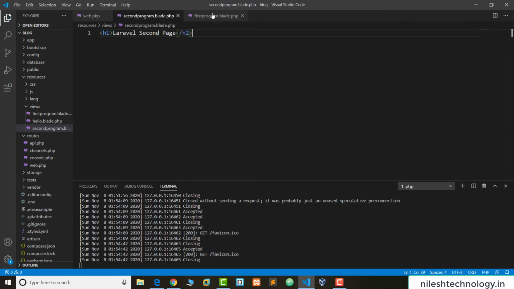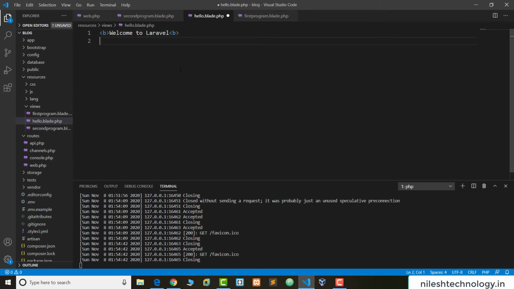Save these changes. This one is Laravel first page, and this is the Laravel second page. In this hello.blade.php file we just add two anchor tags.